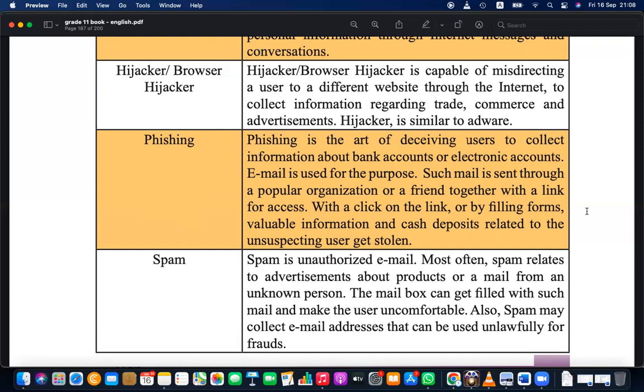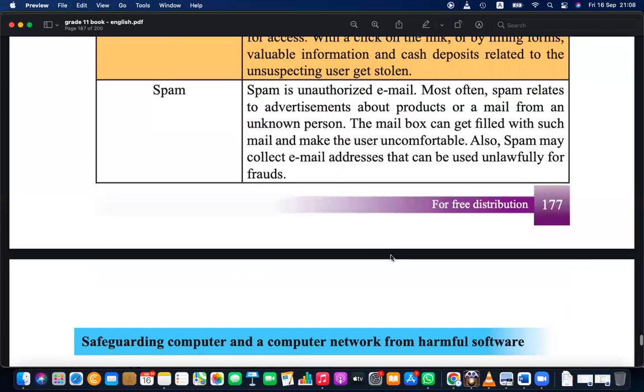Maybe he's trying to get information by filling forms or clicking on a link. Referring a friend, likewise, is trying to get information and then fool you in such a way. Spamming: unauthorized, unsolicited emails. Unsolicited, unaccepted, unwelcome, right? I don't want that mail, but it comes to my inbox.